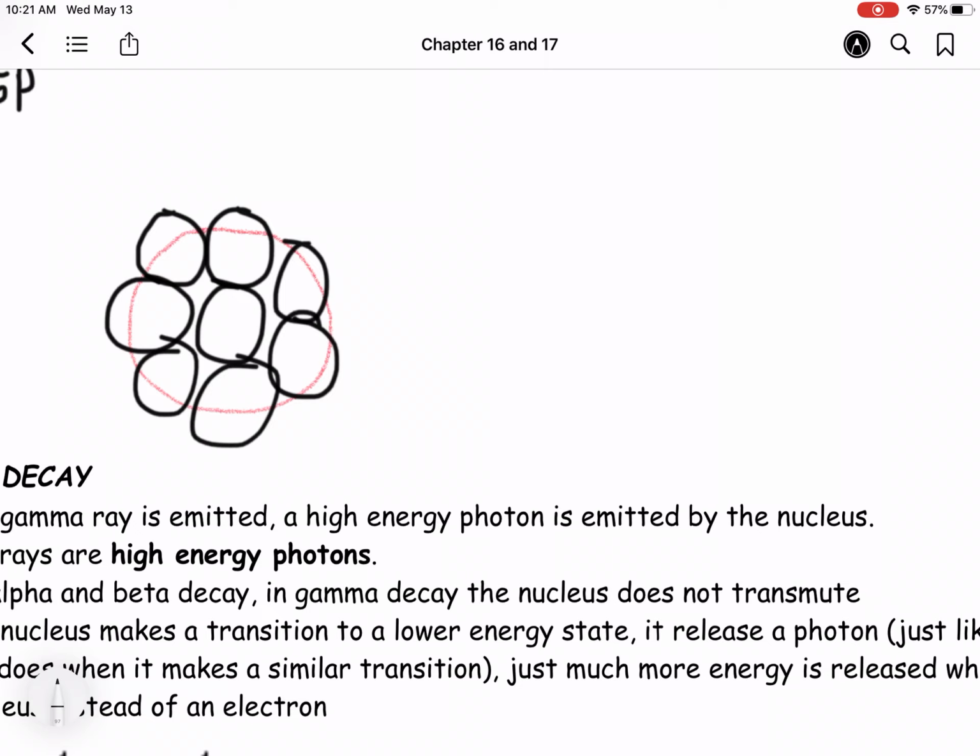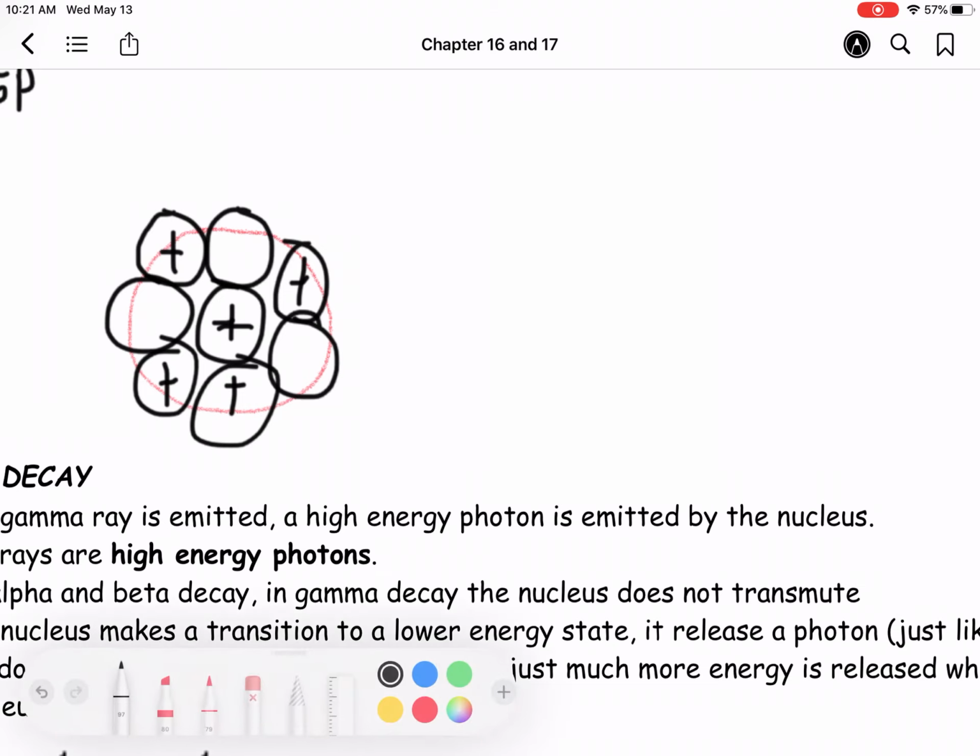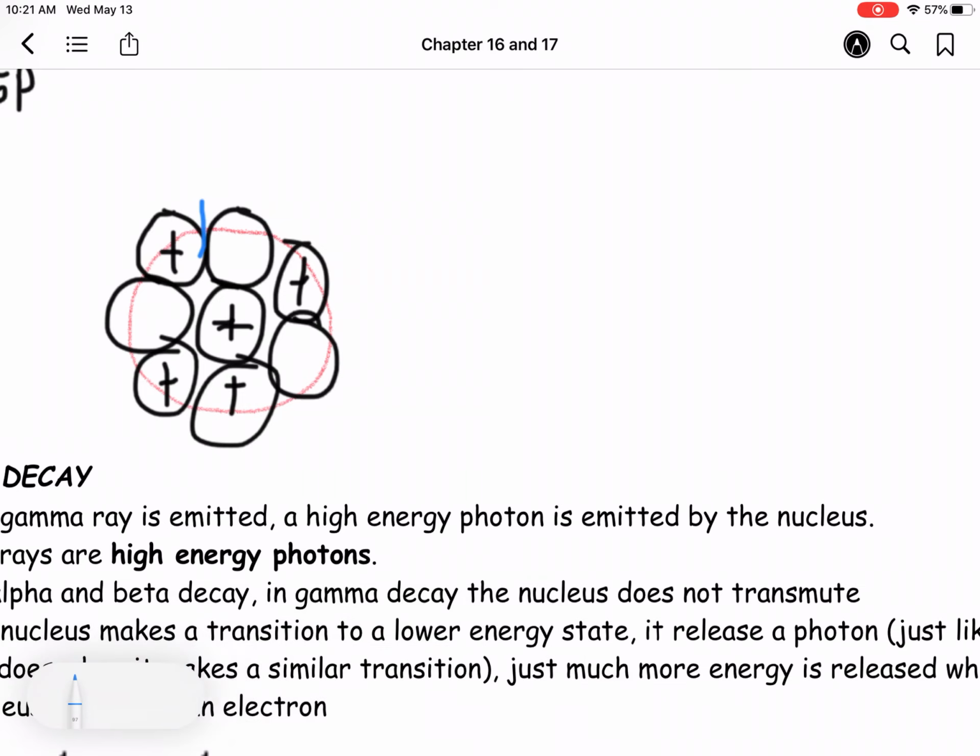Okay, and so I'm drawing them big. We've got some positives. Okay, and I've got 9. And so what's going to happen is we're going to go through alpha decay. So alpha decay tells me that I'm going to take these ones and we're going to push them out. When we do that,